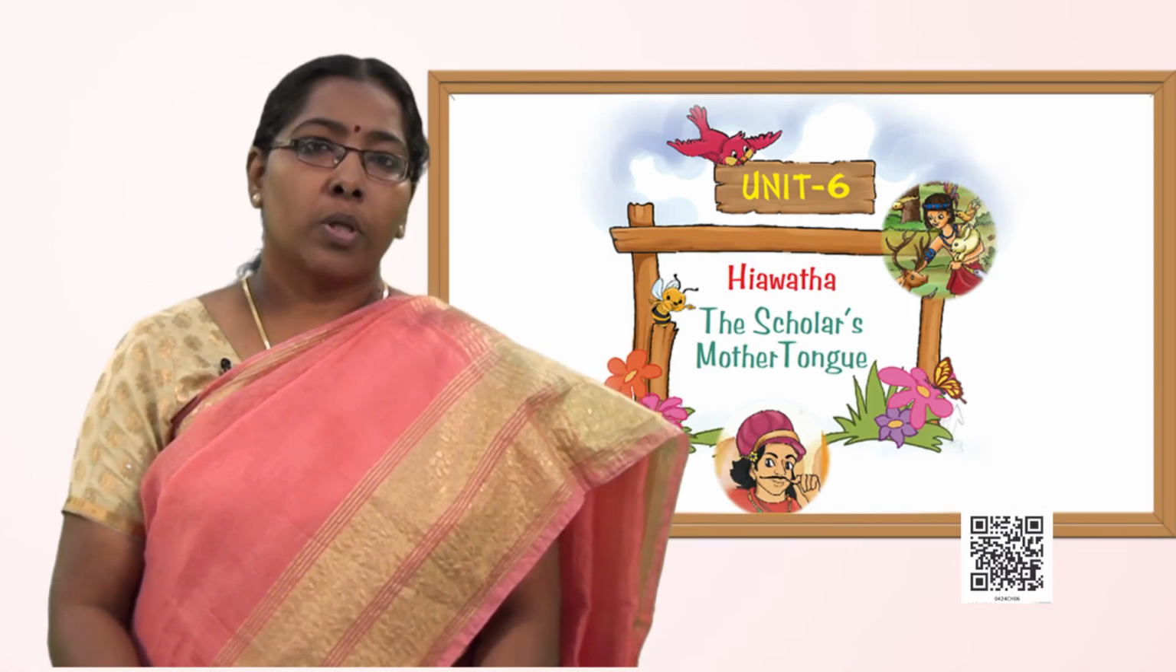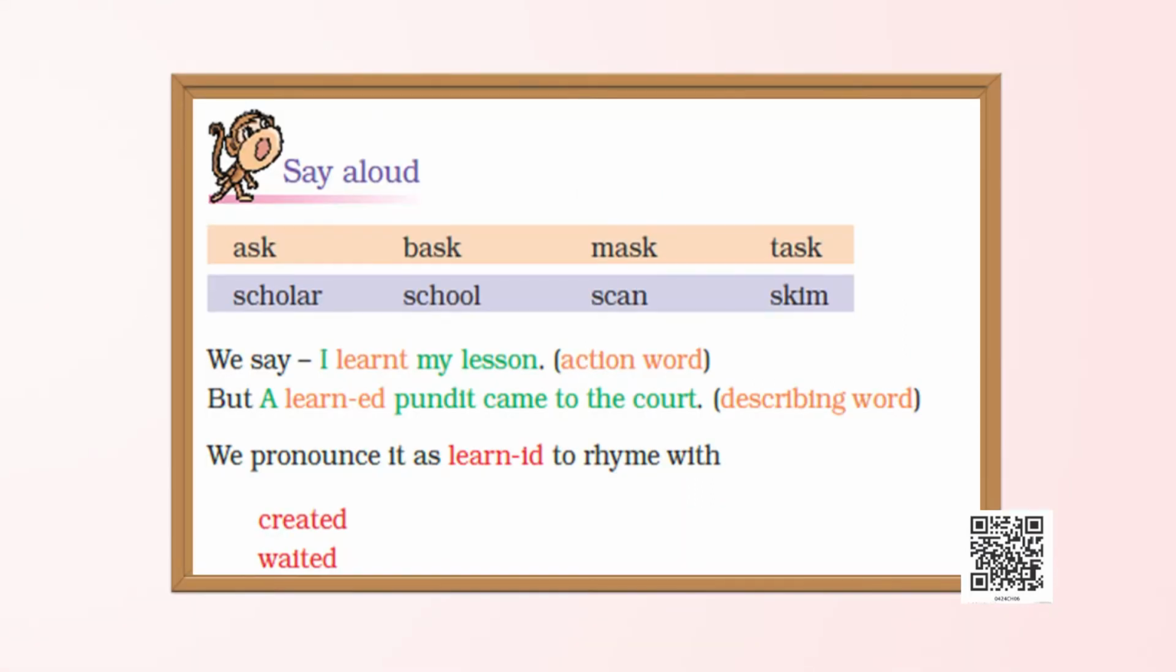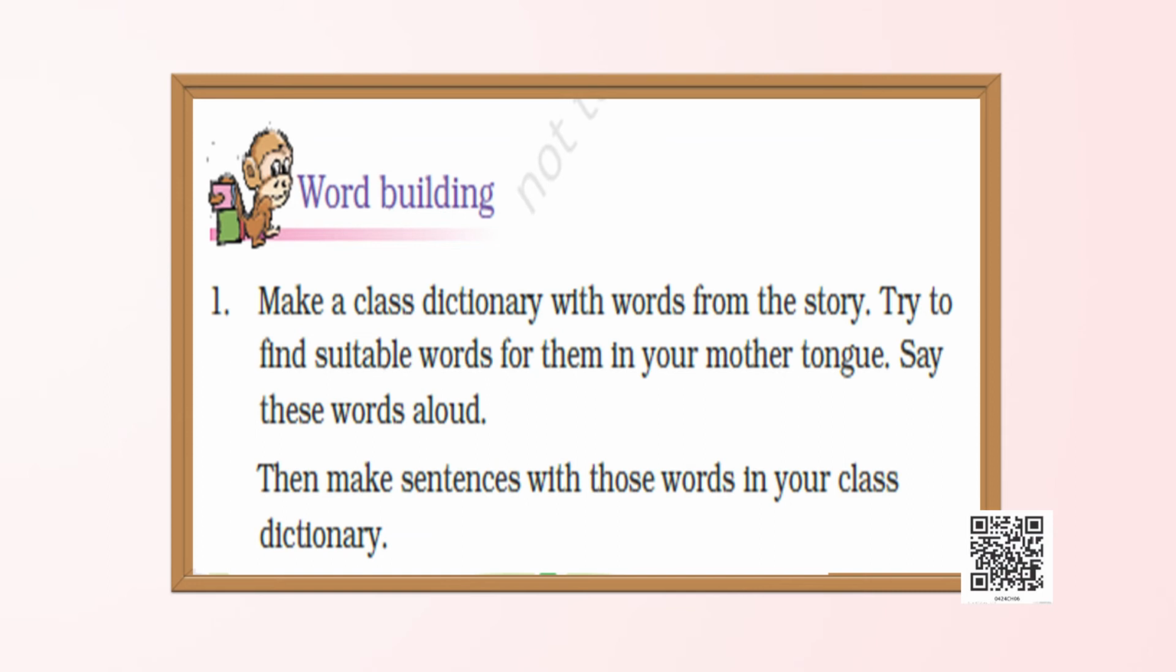We usually pronounce the words that end with ed as learned, but many used to pronounce it as learned. So, here are some of the words which you have to pronounce, speak aloud and check the words and then tick. So, you can do this as your personal activity. One is done for you. Accepted. So, you can tick the word. Now, we have the next activity